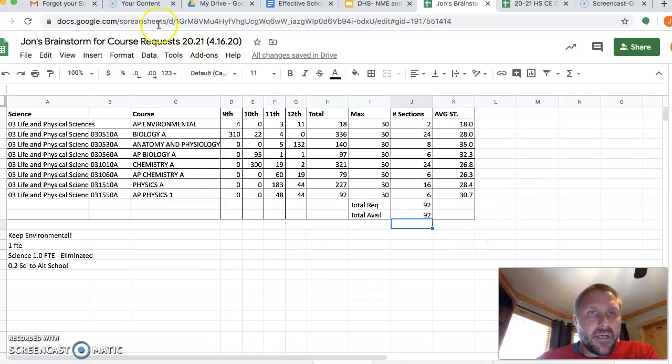So that's a great overview, a very quick overview, of how to create a master schedule at the secondary level. And I know that we're going to have another example to illustrate what it looks